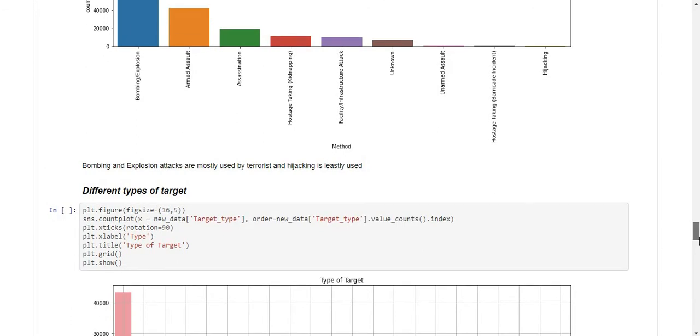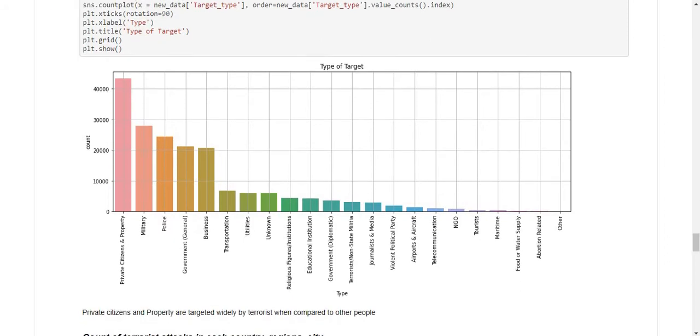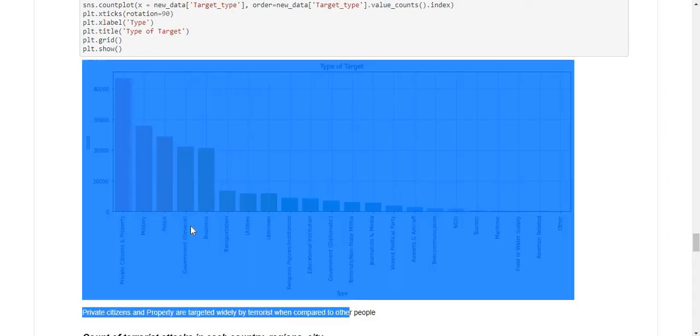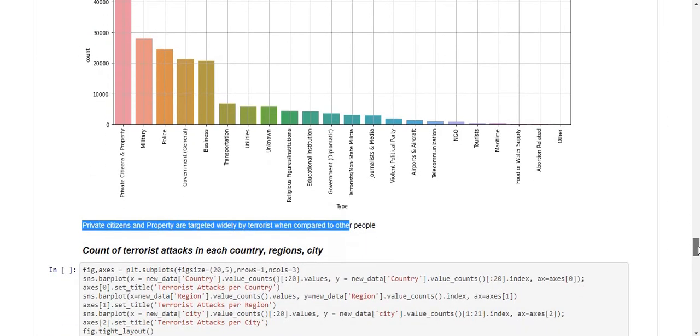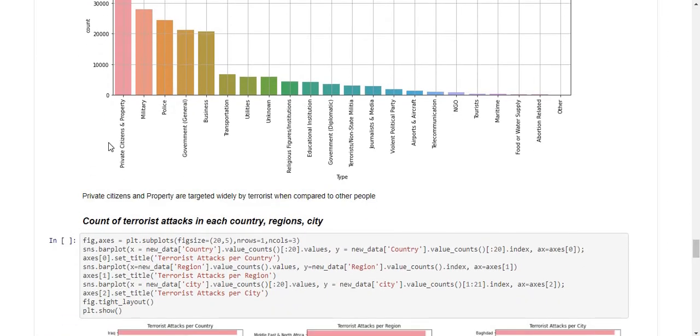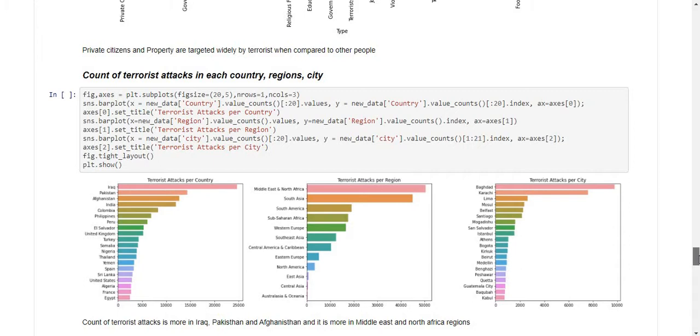Then again we draw a bar diagram for different types of targets, and see private citizens and properties. This one is targeted widely by terrorists when compared to other people. Then we count the terrorist attacks in each country, region, and city, and draw a horizontal bar diagram.